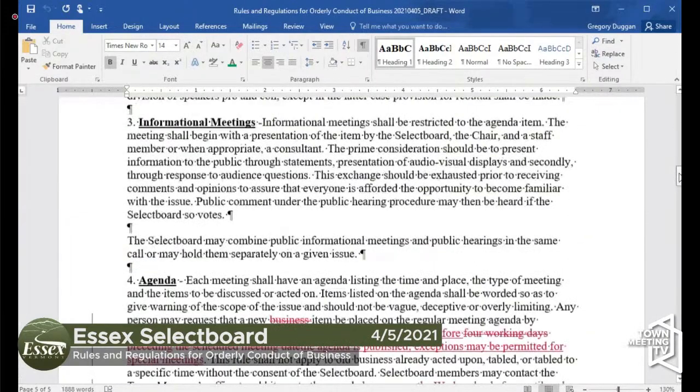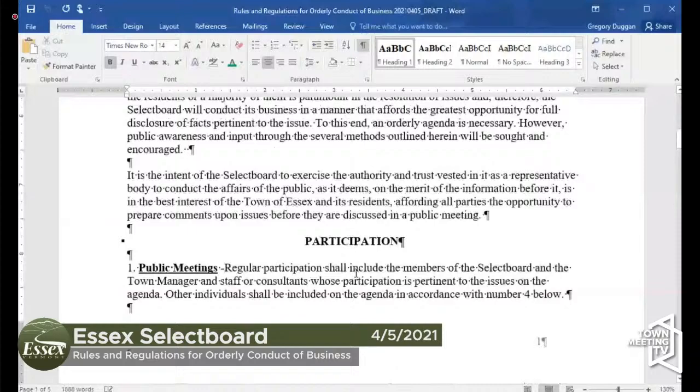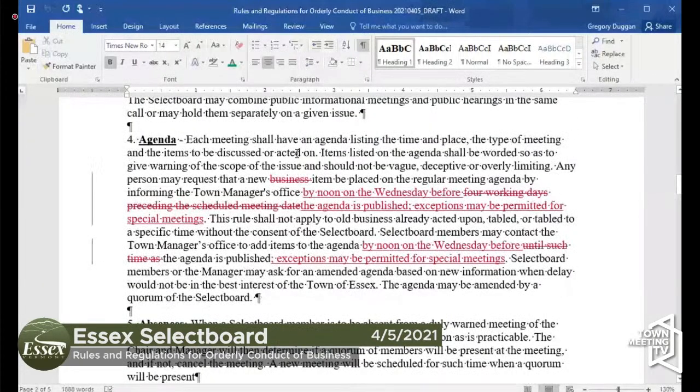Staff's proposed changes for this year fall under the agenda deadline. So this is section 4 under participation. We previously had that items need to come in from the board members by 4 days before the scheduled meeting date. Since meetings are typically on Mondays, occasionally on Tuesdays, based on holiday schedules, and with the number of meetings that staff is trying to support, it's going to be really helpful for us to have information in by